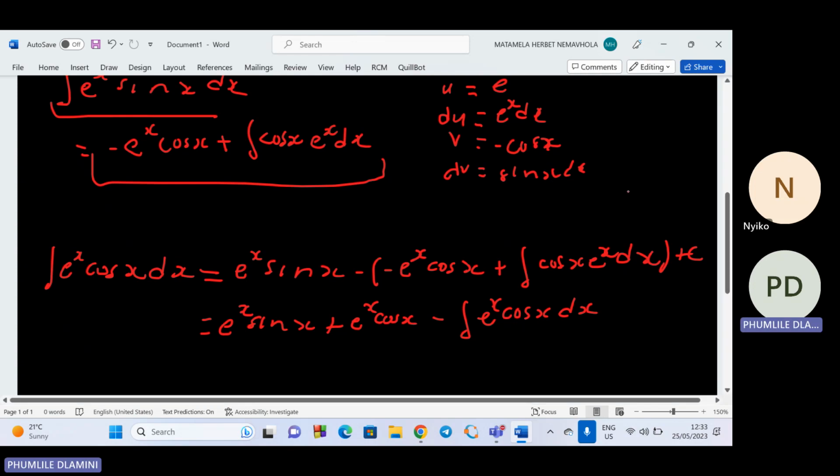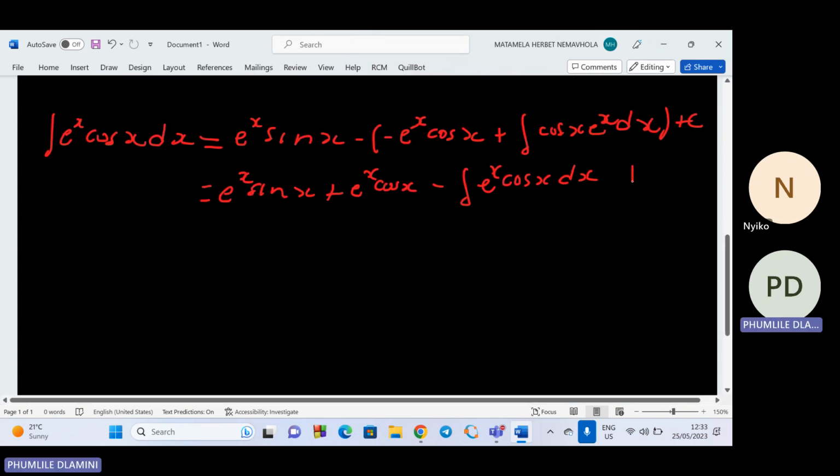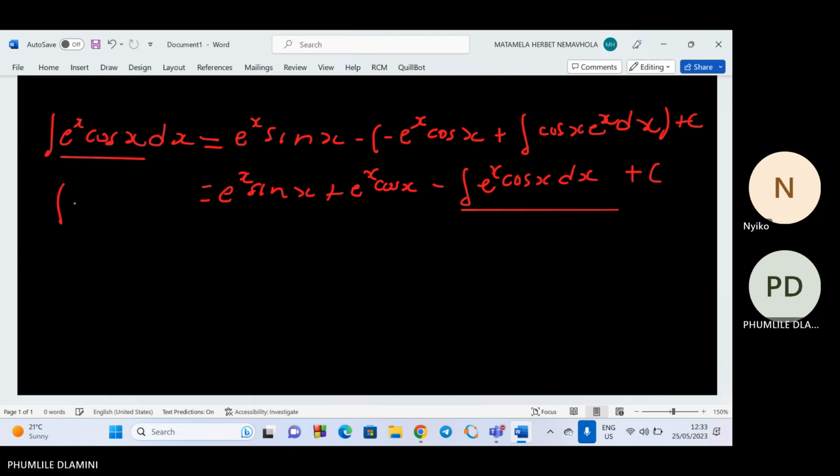So when we check it, you will see that this integral is the same as this integral. Let me just rewrite that integral, e to the power x cos x dx. So if we take this integral to the other side, it is going to be plus. Because these two things are the same, we're going to have 2 times the integral of e to the power x cos x